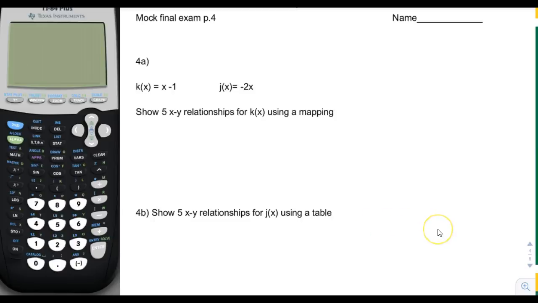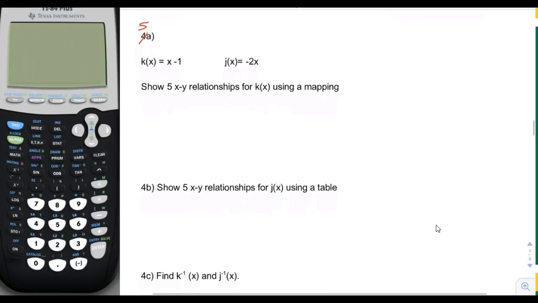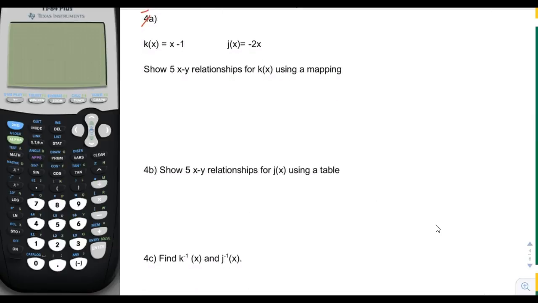Okay, this is the Math 10 mock final page 4 solution. I misnumbered these. This is actually number 5, so it threw everything off for the rest of it, but bear with me. So on this page, we're going to talk more about functions and inverse functions,